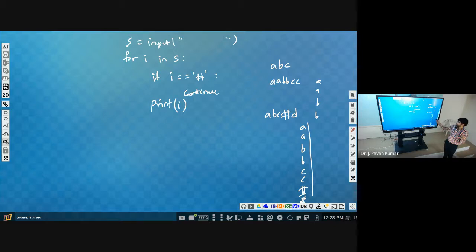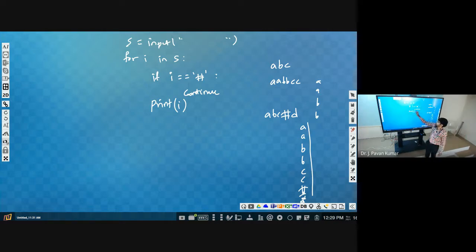Simple thing. If I is equal to hash, under that print I, print I. Then how many times will it be printed? Same, this output we will get.